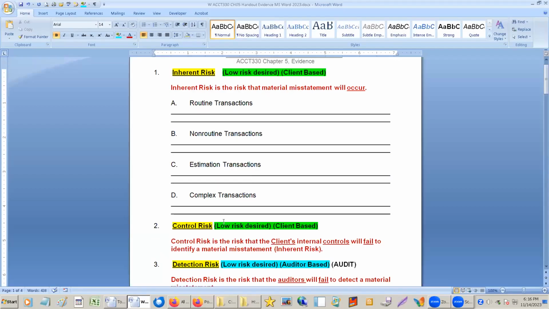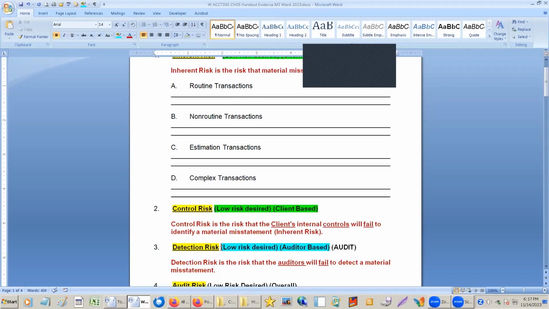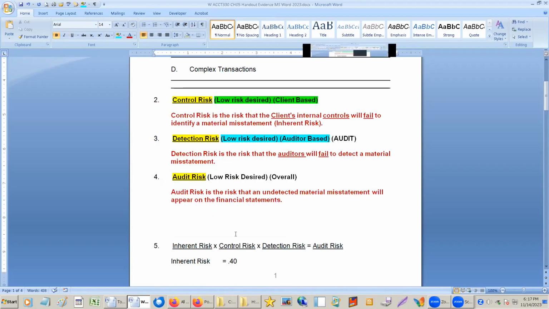Can't jump in the time machine and go back and change them. Even the client who controls those can't jump in the time machine and go back and change them. So we really can't change the inherent risk or the control risk. The only thing we can do is the detection risk. Okay,